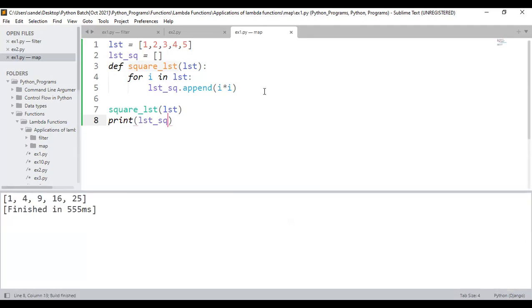How many of you are able to understand? I know I did this particular thing in a faster manner. Why? Because these things should not be very difficult for you. You are already aware of how to define a normal function, how to calculate the square of a number, and how the for loop works. That's the reason. Is that clear? Please do respond.